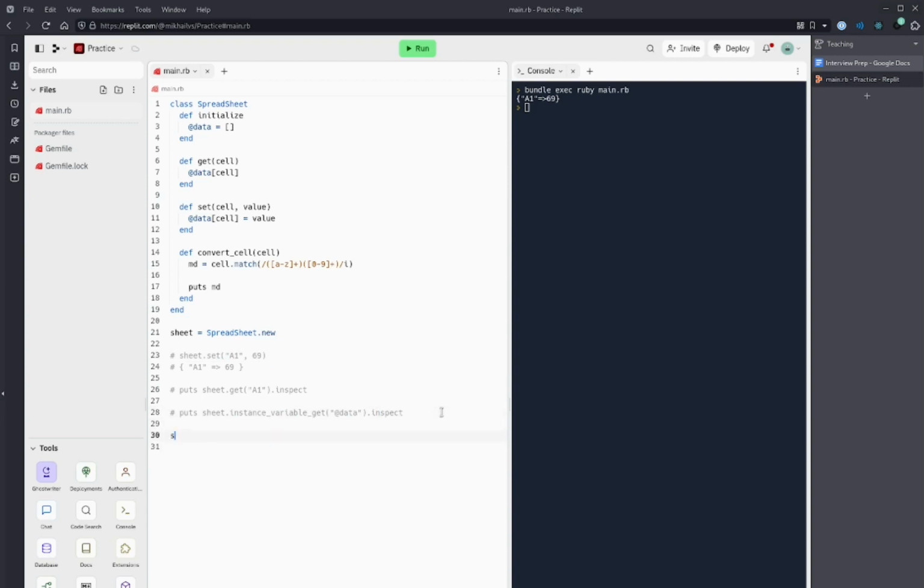So here we go, sheet.convert_cell A1, and that's ideally going to show us, what's it going to show us? It should show us a separate... I'm a little confused about why I did that, but let's see here. Yeah, so we see that the first capture group contains A and the second capture group contains